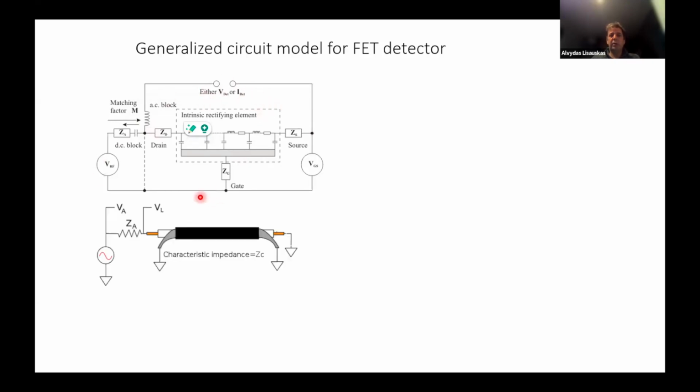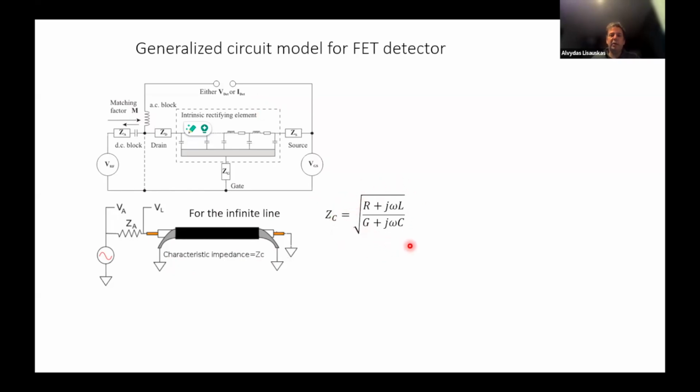So this picture is very simplified: we have a distributed line, and every distributed line has a characteristic impedance. If we go to high enough frequencies, this characteristic impedance starts to be important, and it has